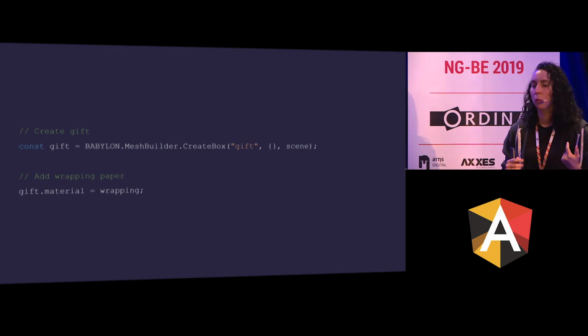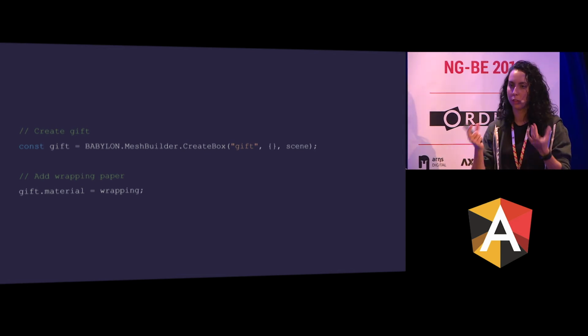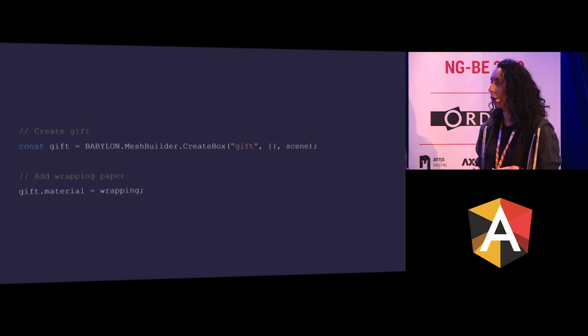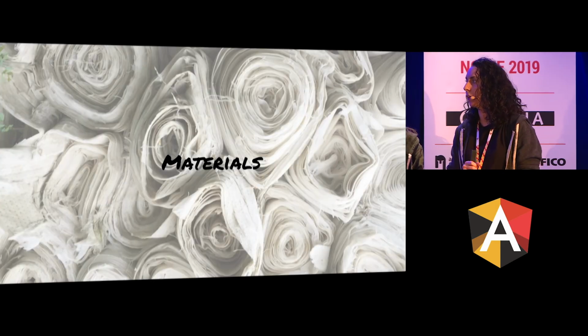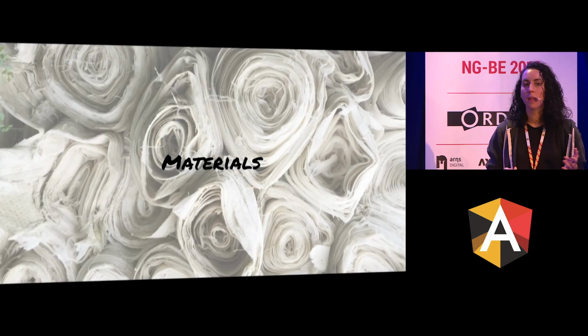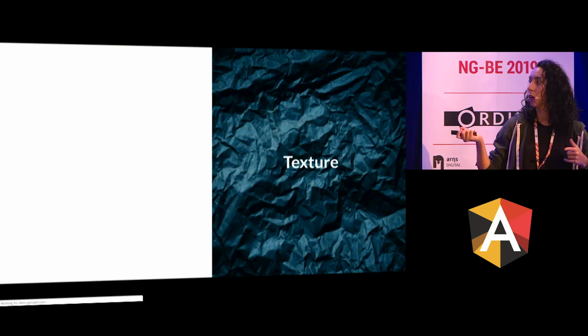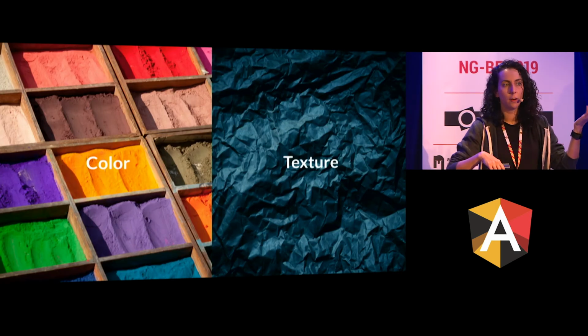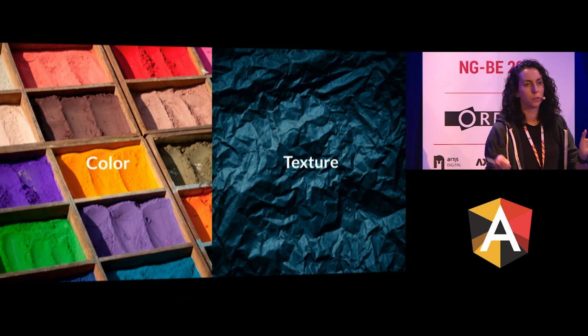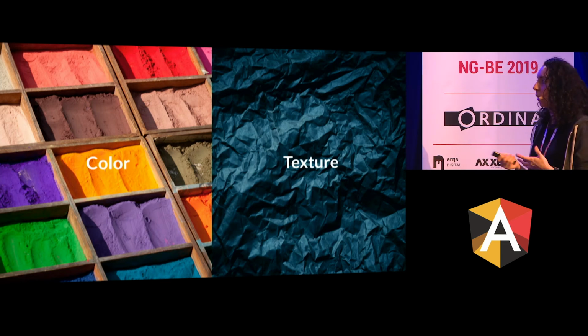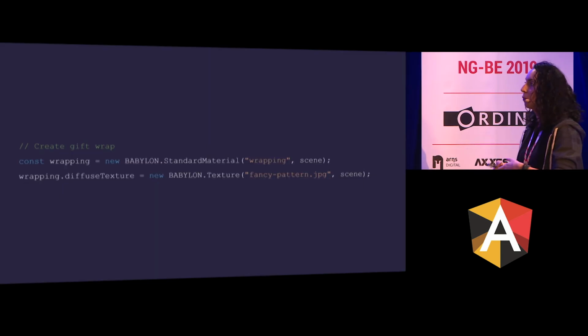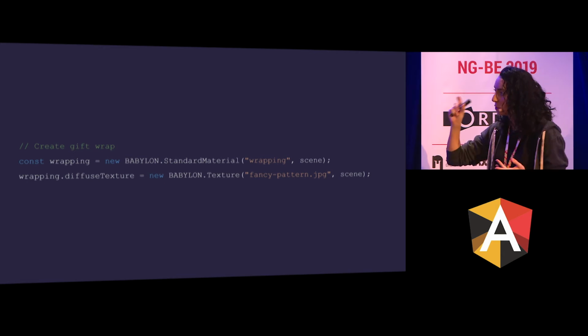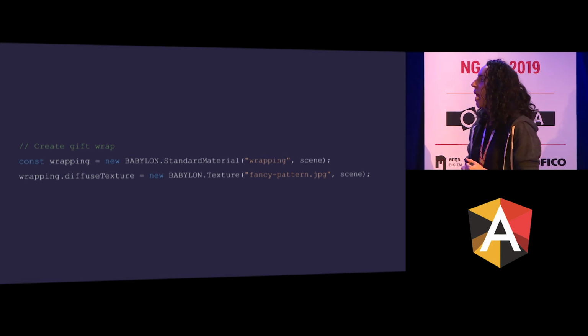And then we wanted to add some wrapping paper. Otherwise, it's just a gray box. To do so, you have to use something called materials. With materials, that's how you define either the color or the texture. And you can choose opacity here, or you can diffuse it, or you can do all sorts of things here. We just applied the texture very simply. So what we did was use a diffuse texture for the wrapping.